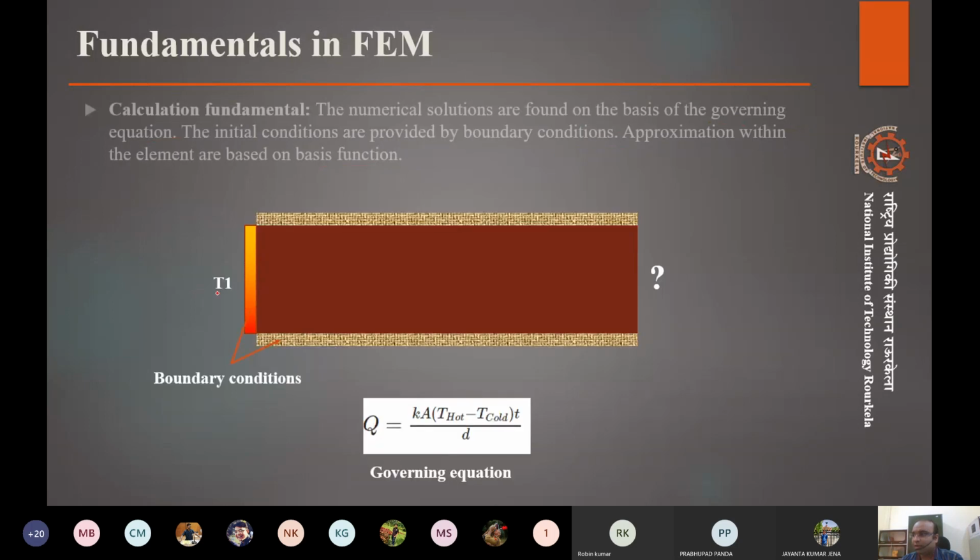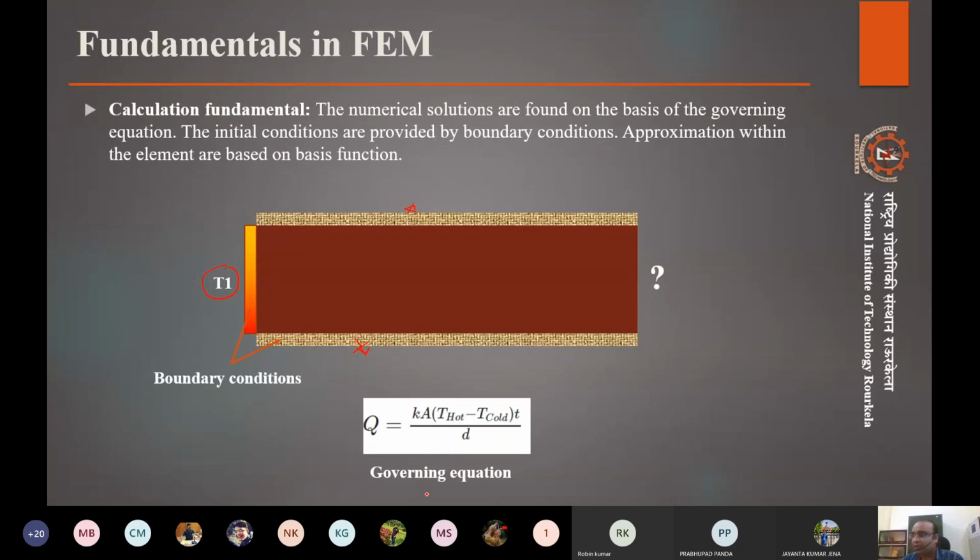So we see that we have certain boundary conditions, like this face will be maintained at temperature T1. That is one boundary condition. These are insulators on the other side, so no heat is passing through. This is another boundary condition, right? So basically, in terms of whatever geometrical edges are there, we first find out what is the condition at each of these edges. And then we have to find out our output.